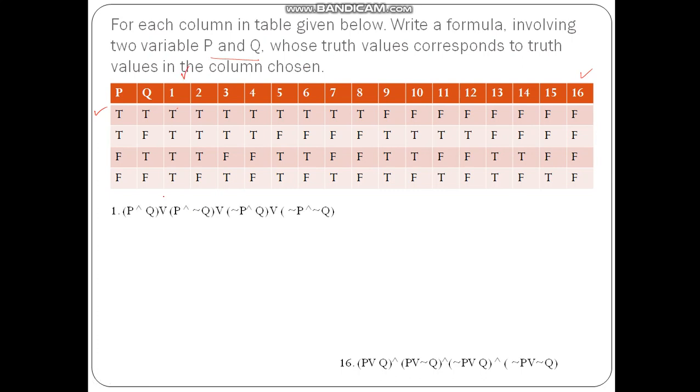So what I am doing here is P or not P or Q or not Q. P is true, Q is true, so this will be true, or true or anything will be true. So all the outputs are true here. For true false, this will be false, but this will be true. So P is true and Q is false, so not Q will be true. So this is the formula for the first truth table, first column. Okay, column number 1, whichever is labeled with 1.